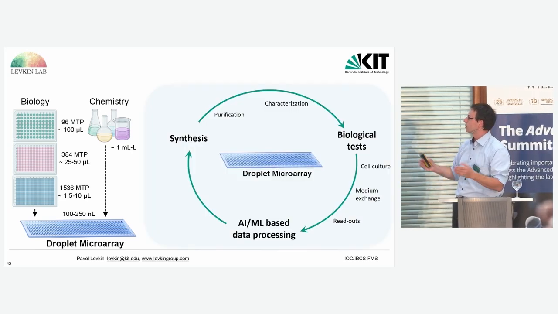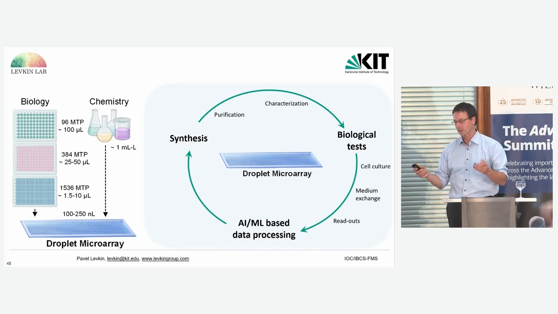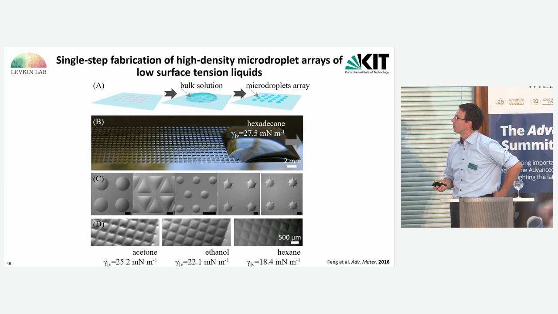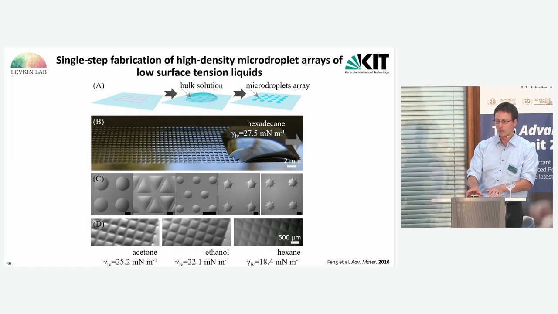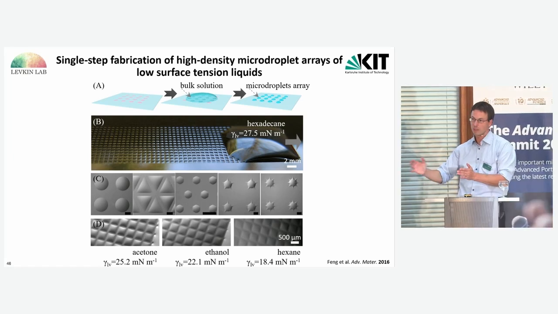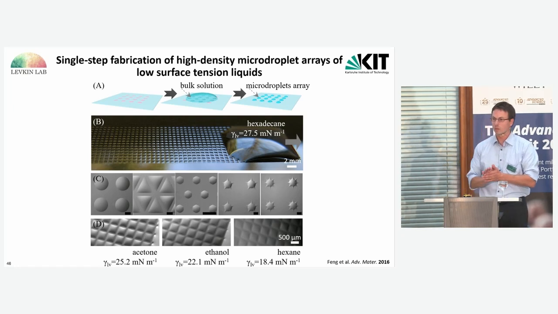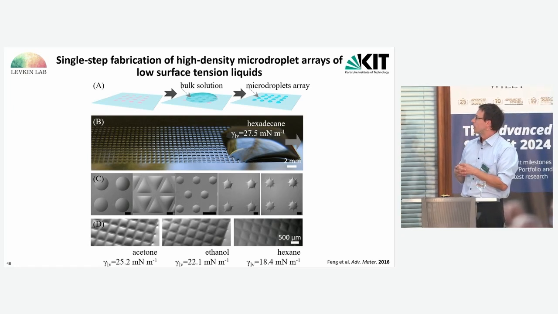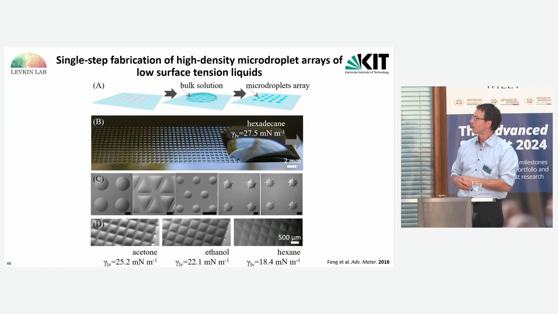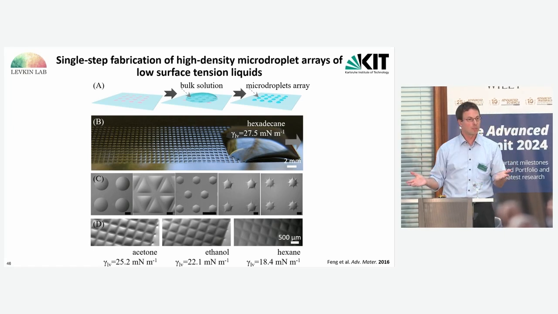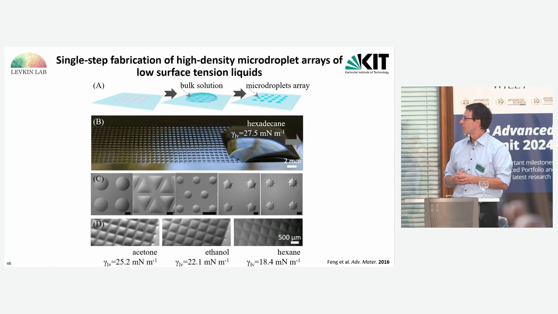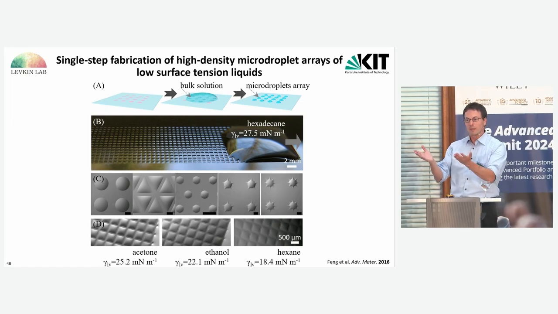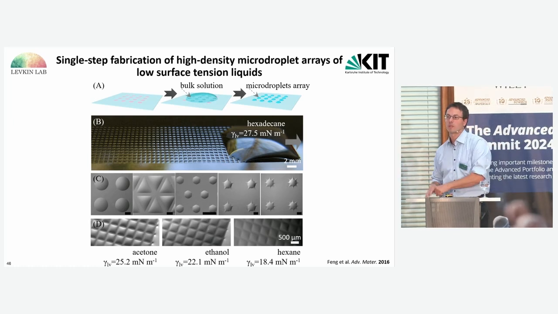But how to do synthesis in 100 nanoliters, that's also not trivial. First of all, because usually chemists, and I'm a chemist, we do chemistry in organic solvents. Only green chemists probably work with water. And organic solvents have low surface tension, and low surface tension is not good for superhydrophobicity, because superhydrophobic surfaces are also known as oleophilic. And to confine organic solvents with low surface tension, again, it comes to the importance of surface functionalization,